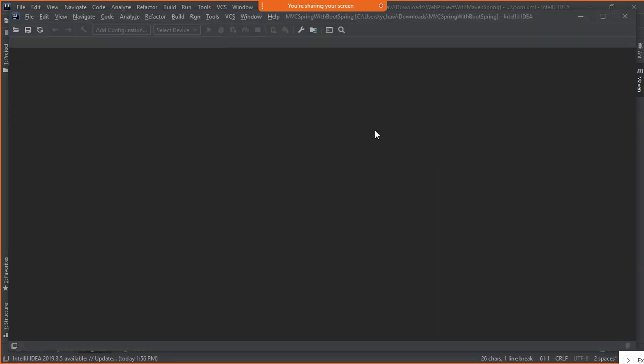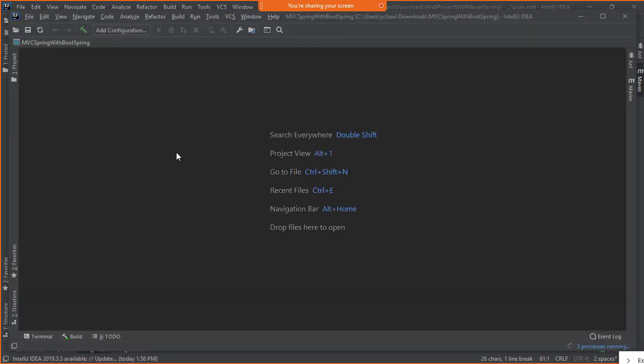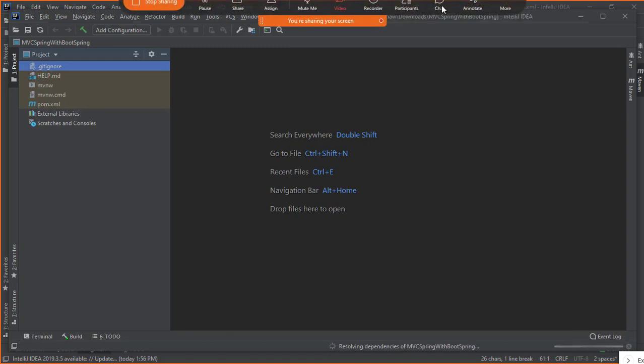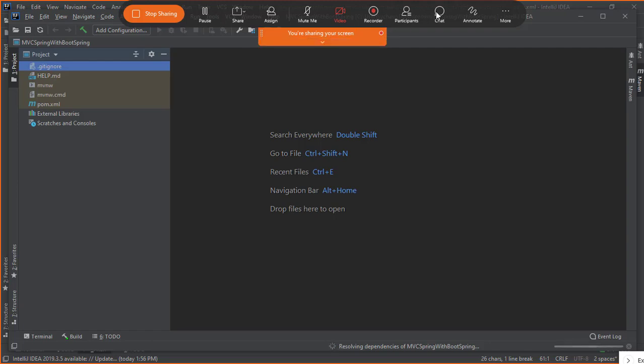I said new window and a project is being given to me, right? It will take a little while to set up the project for us, to create that folder structure: src main java, src main resources, right? Web app, web inf, JSP folder.